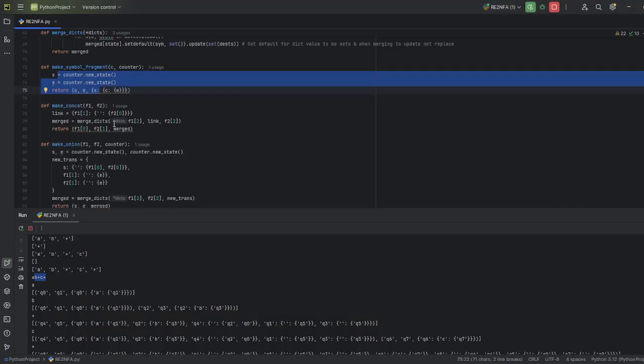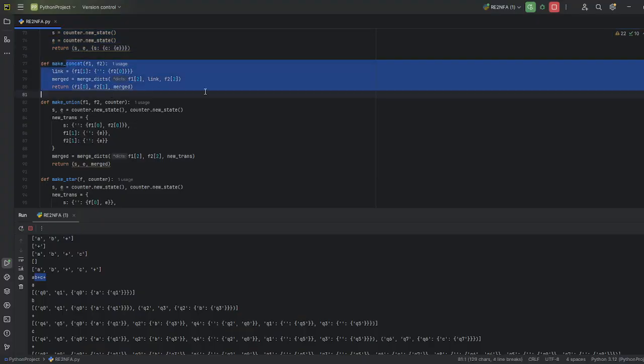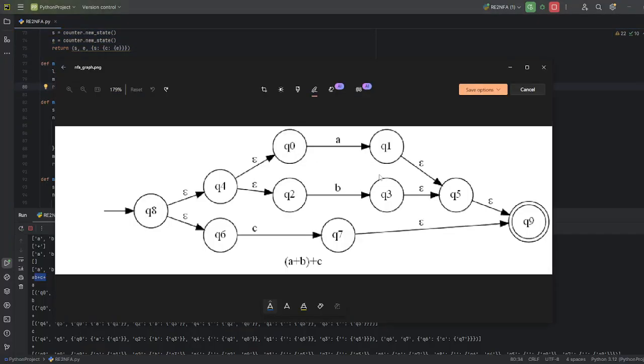And concatenation, of course, is basically just a concatenation. Like you have here Q to Q, and then you have NT, then something like this.